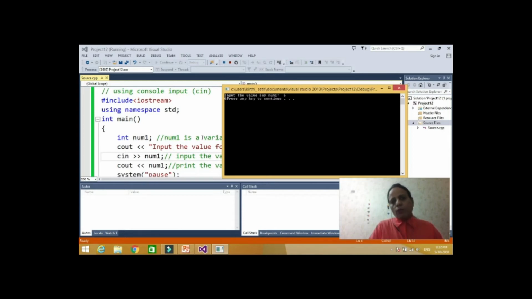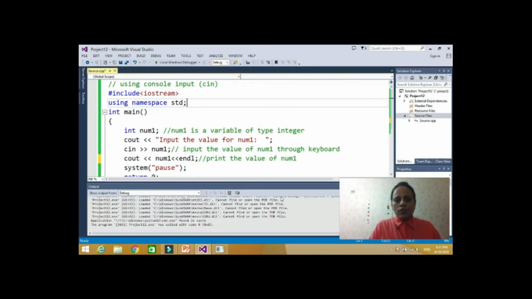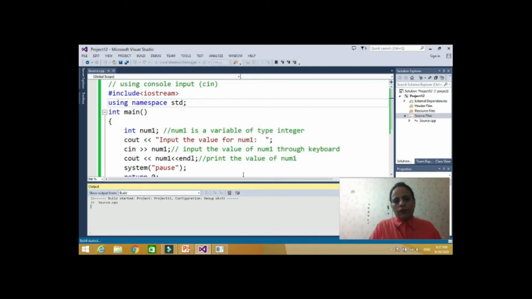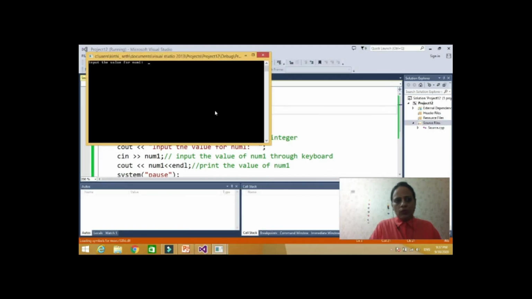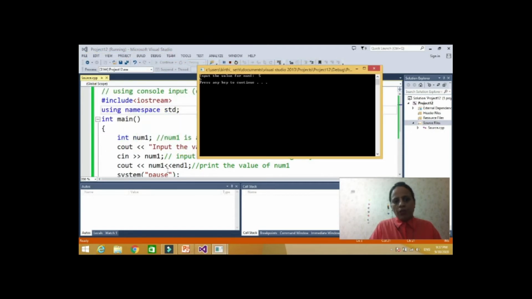So when we print num1, that will be 6. I should write endl here. Okay, so this is how we use cin to input the variable. So let's say 5. Now num1 is 5, and that's why when I print num1, it gives us 5.